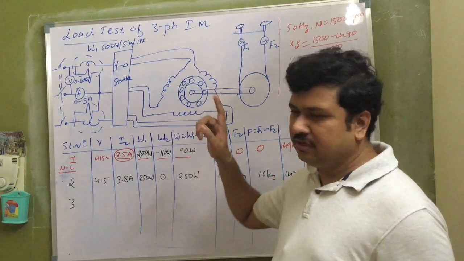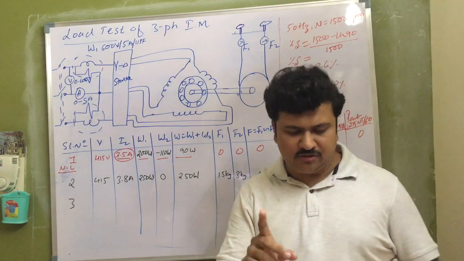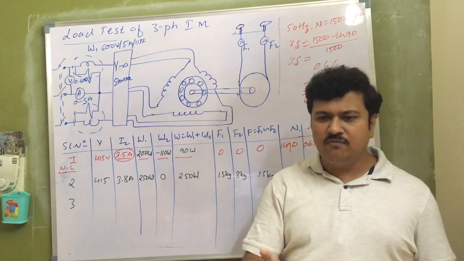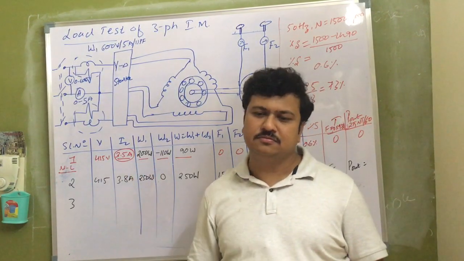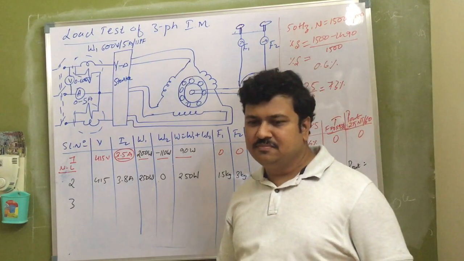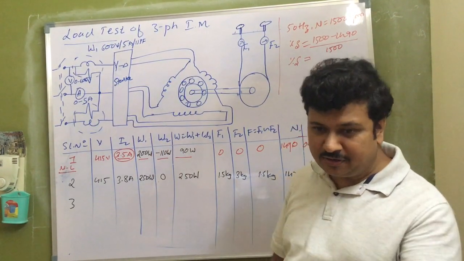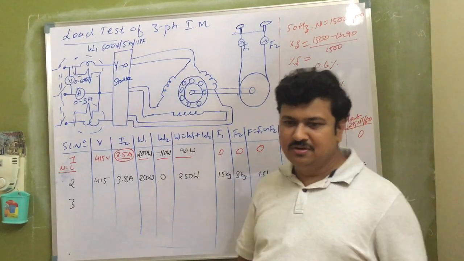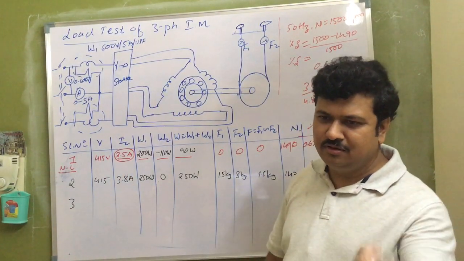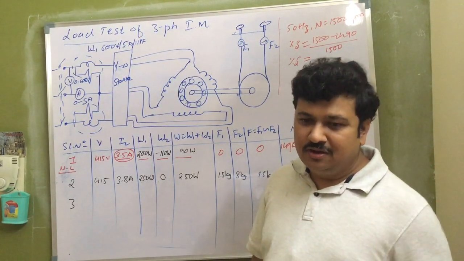When you are taking three-phase induction motor readings, at no load, one of the wattmeters should show negative. Else your readings are wrong. If you get both W1 and W2 positive, which had happened with some of the groups, one or two groups have made this mistake in this semester only. Though I don't remember who they were, you can check. At that time what happened?